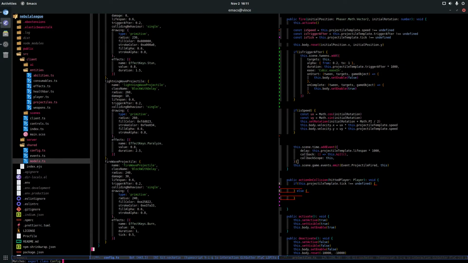I just need to fill the action on collision with the different possibilities.